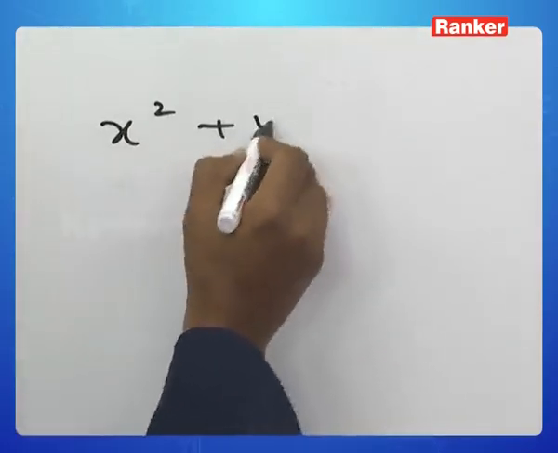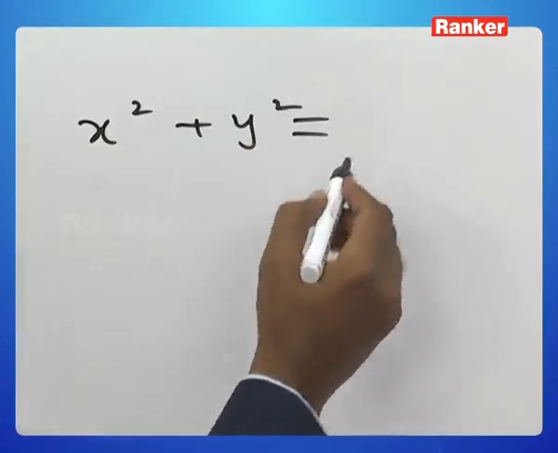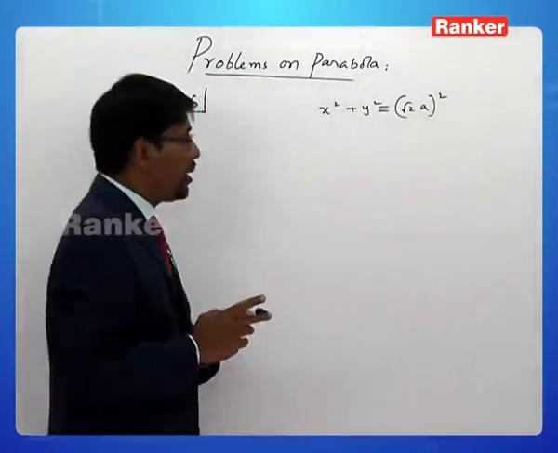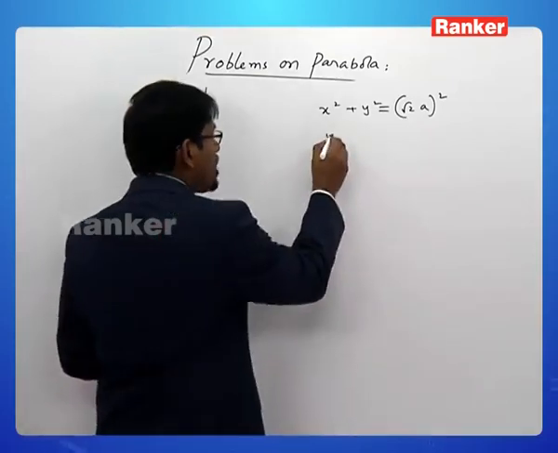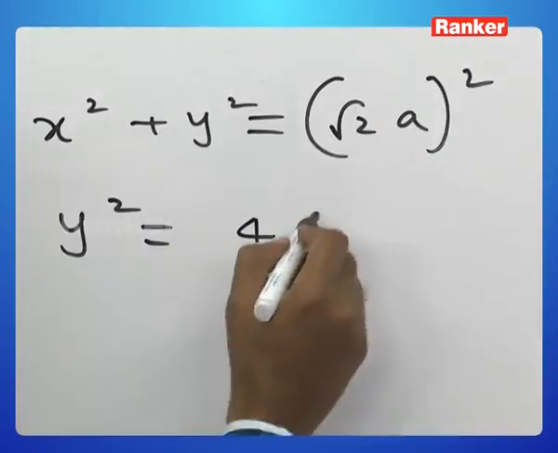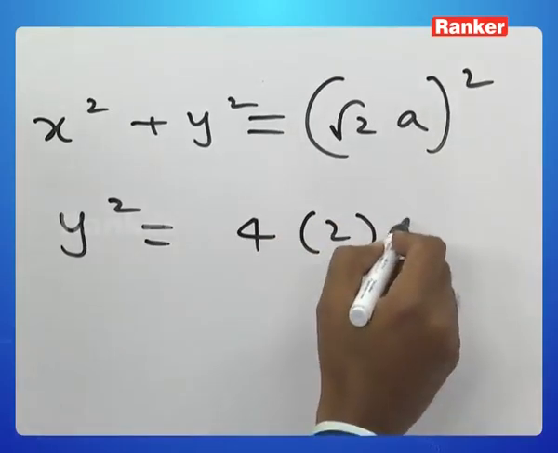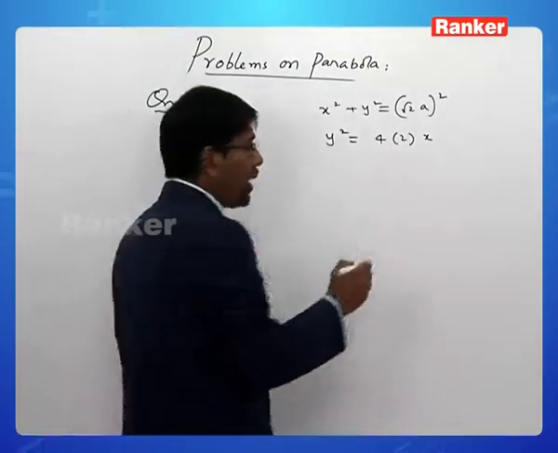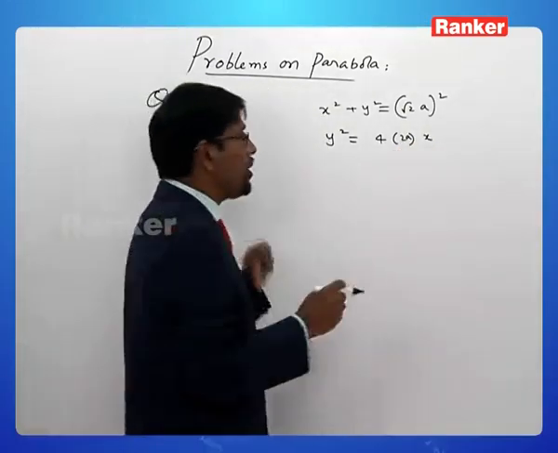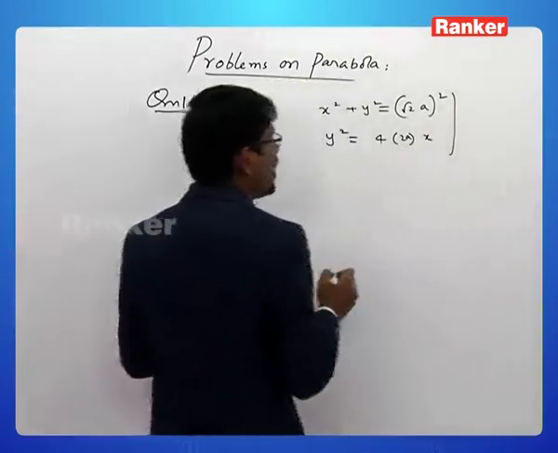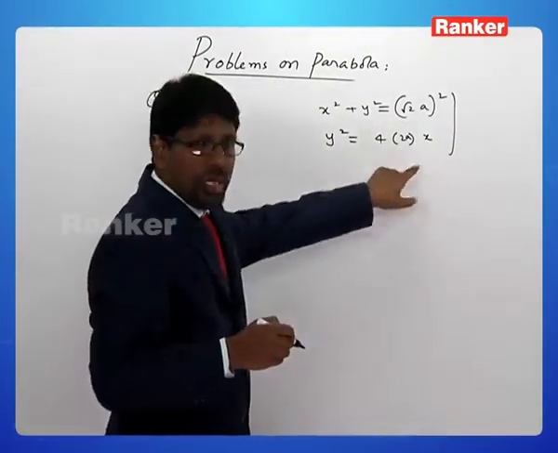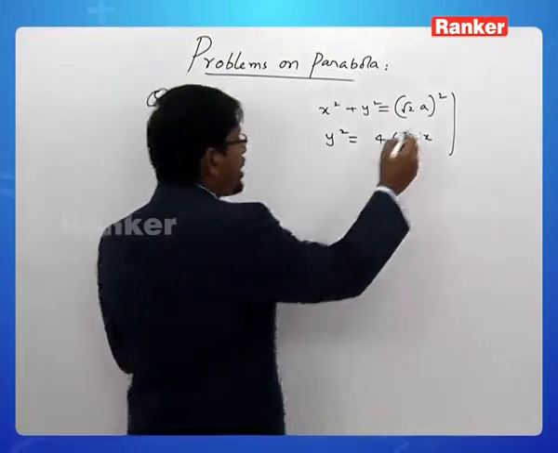x square plus y square is equal to 2a square. I can write it in the form of (root 2 a) whole square. Now, y square is equal to 8ax. That I can write in the form of 4 into 2a into x. So we are trying to bring it into standard forms like this: x square plus y square is equal to r square, and y square equal to 4ax. A tangent to this,